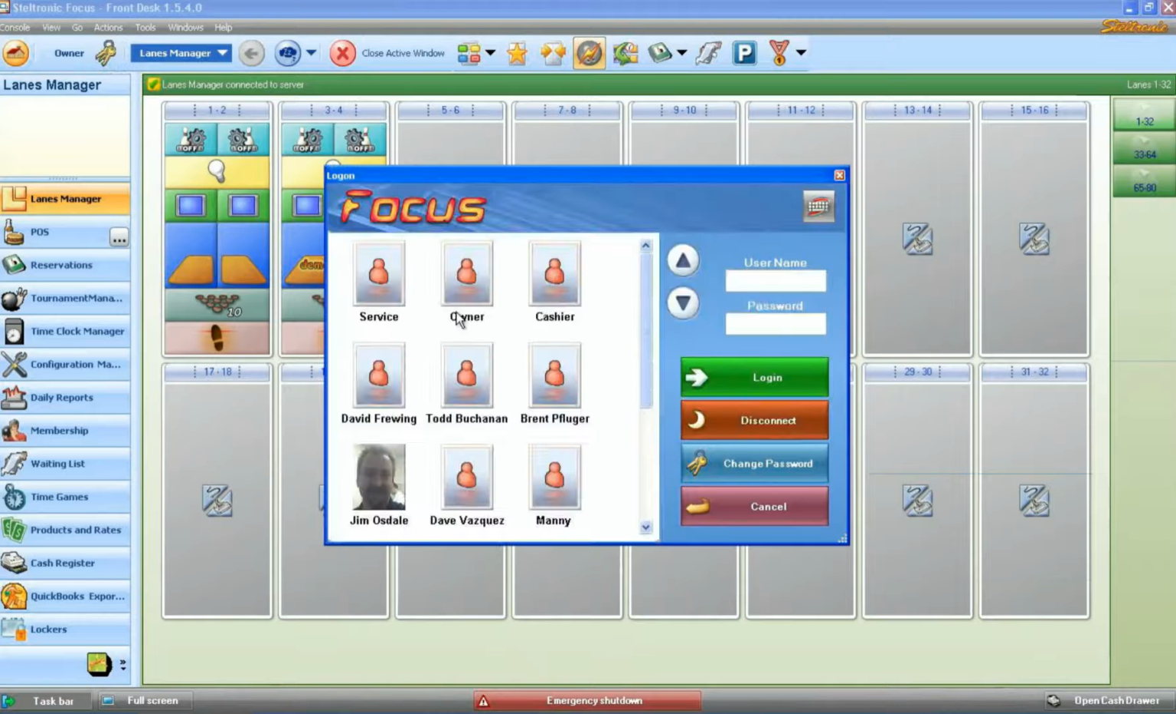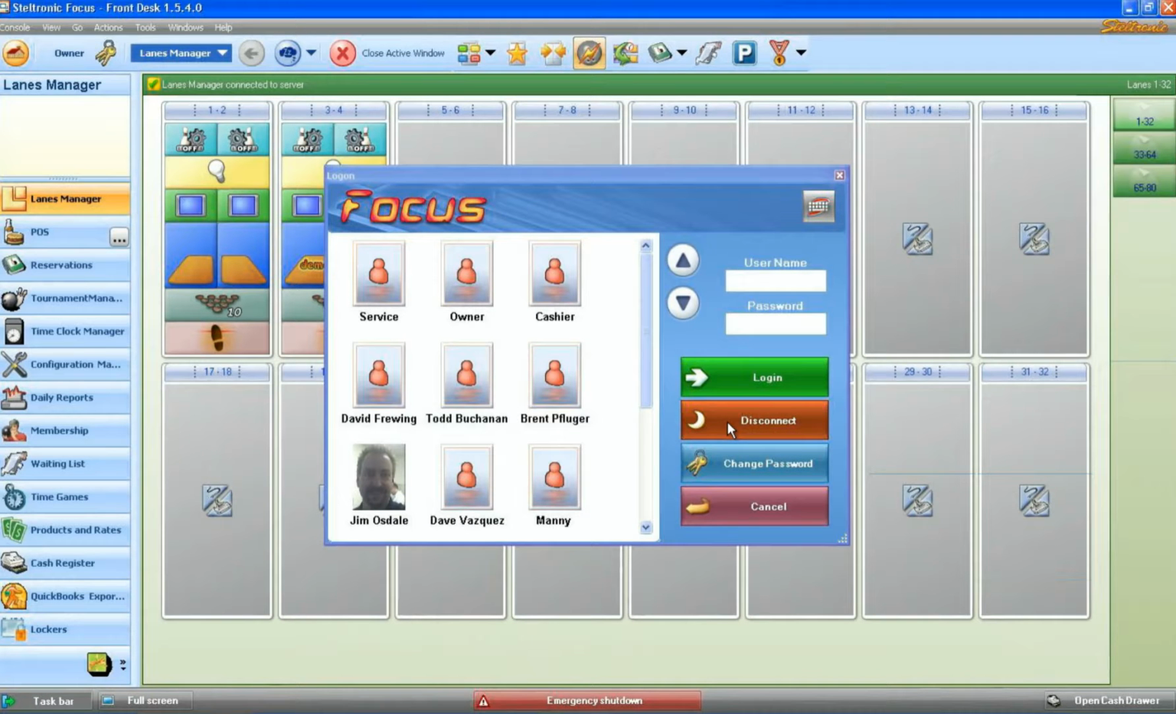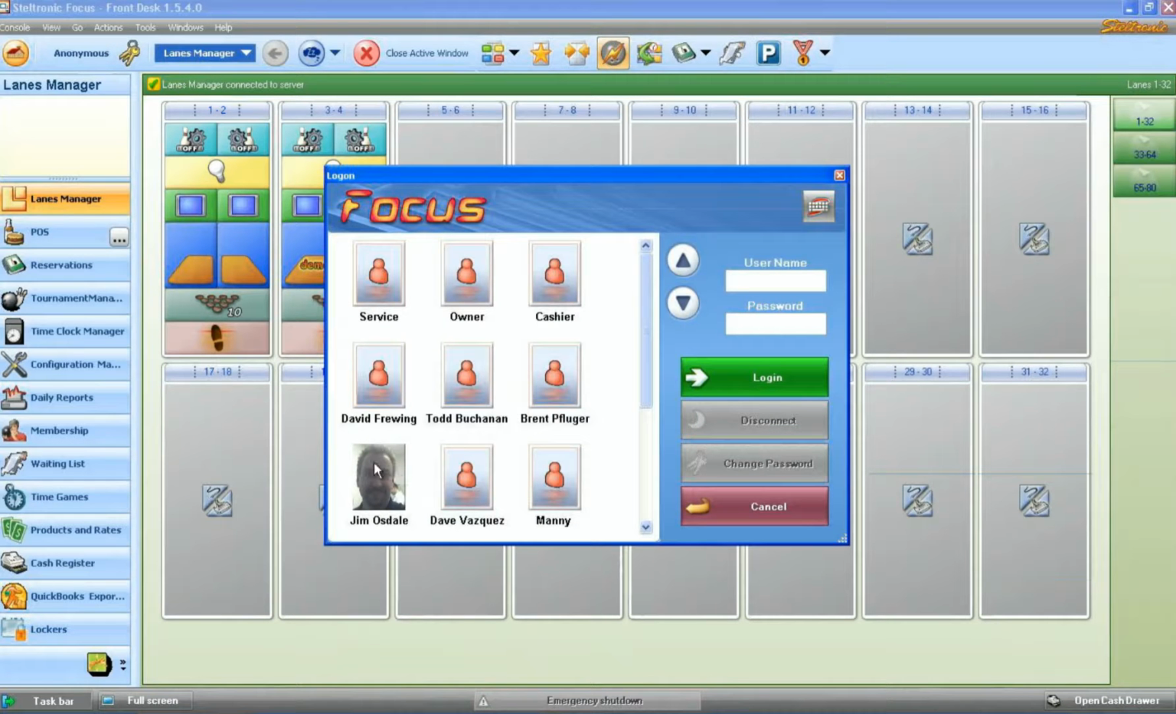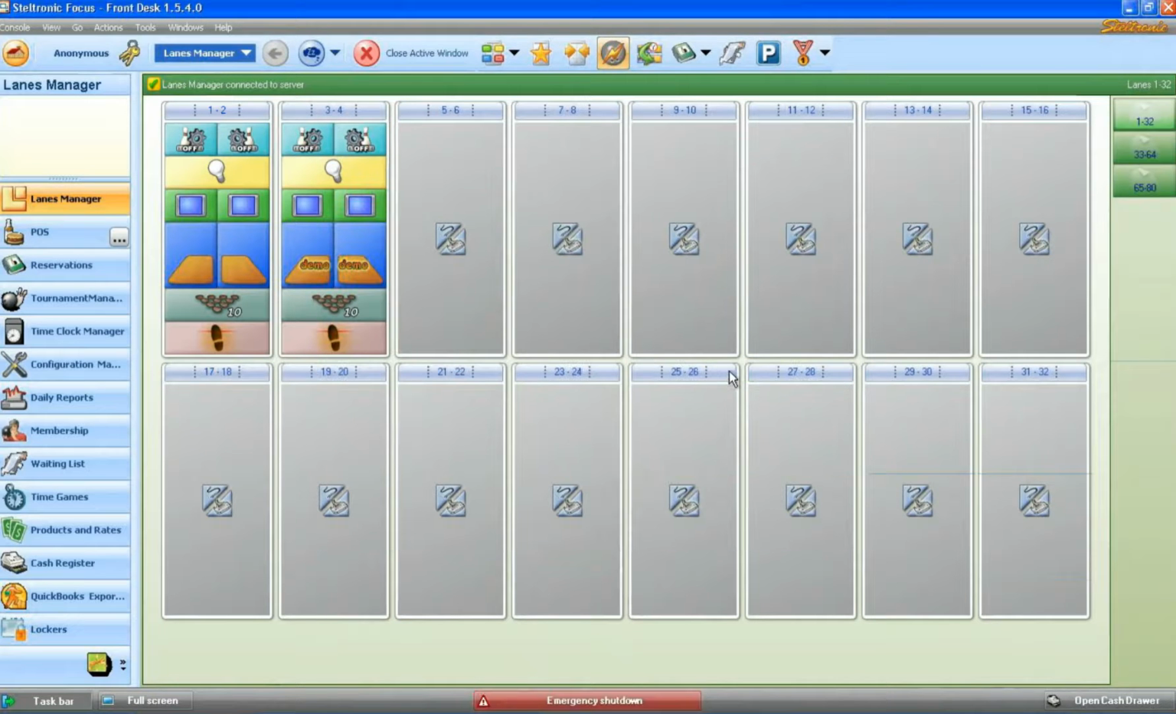If I click on the key and I click on disconnect, currently there is nobody signed on and the system is locked. It says anonymous and nobody can do anything to the system. If I click on the key and I click on a person of interest that we want to use, Jim Osdale here is going to use the system, and I think my password is completely empty right now, so I click log in. Okay, so I am signed on because I don't have any password,